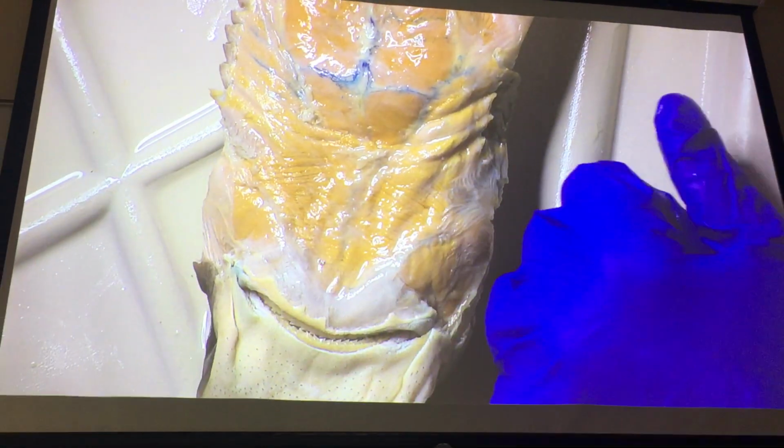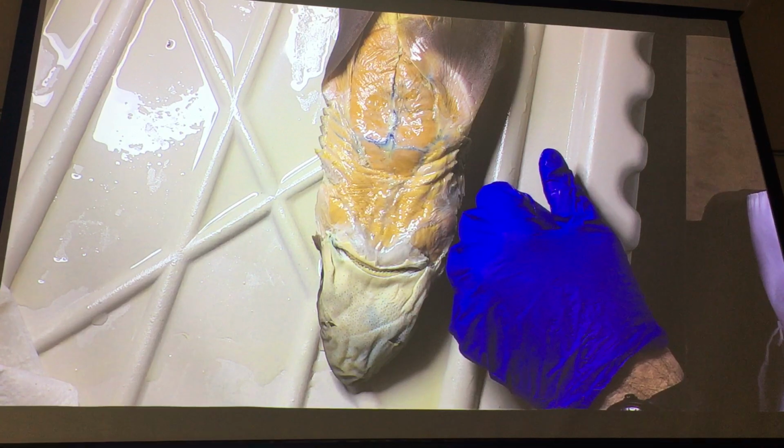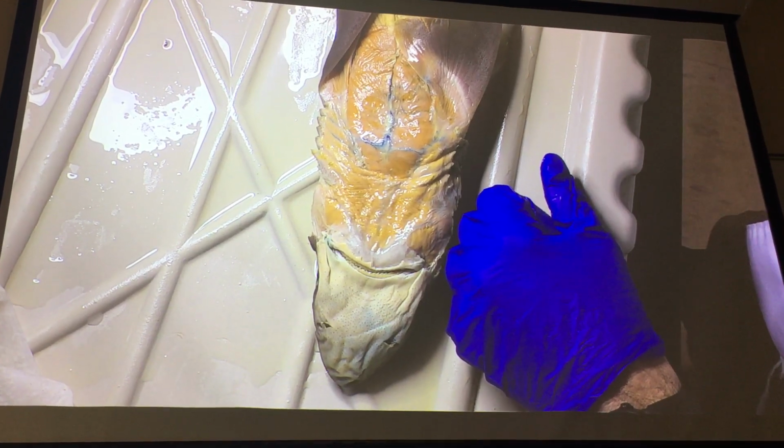So that's it. Not a lot of muscles there, but you should be aware of them. Do you want to keep on